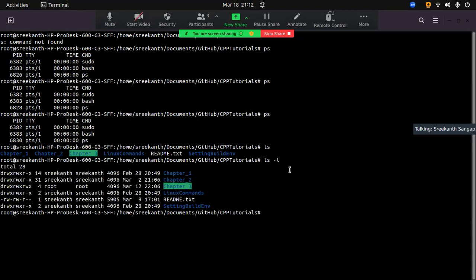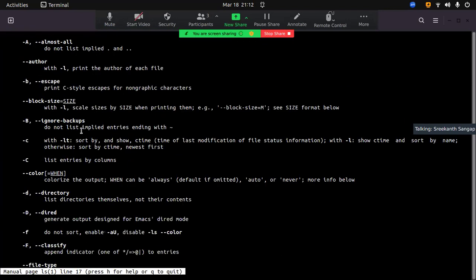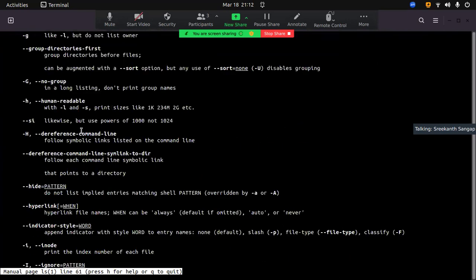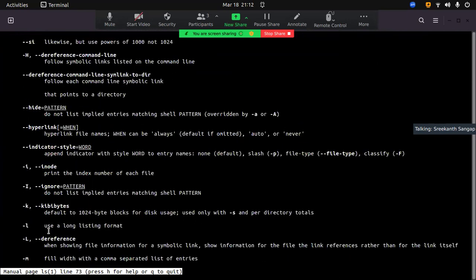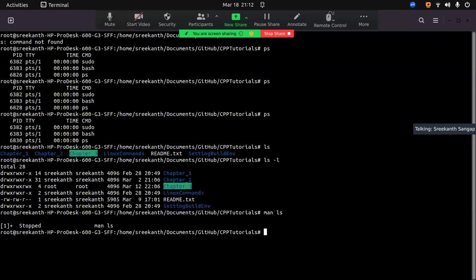Or we can do man ls. Here if you see, what does l do? L uses a long listing format. What does it mean? ls minus l. No, no, no. We'll do ls